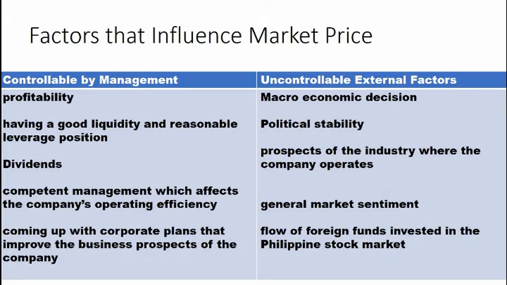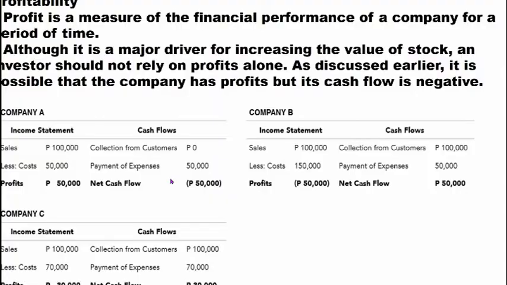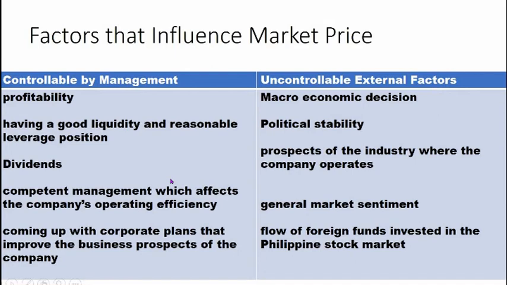So, let us start discussing these different factors starting with the controllable by management. Number 1, which is profitability. Okay, now let us start to discuss the factors that influence market price starting with the controllable by the management